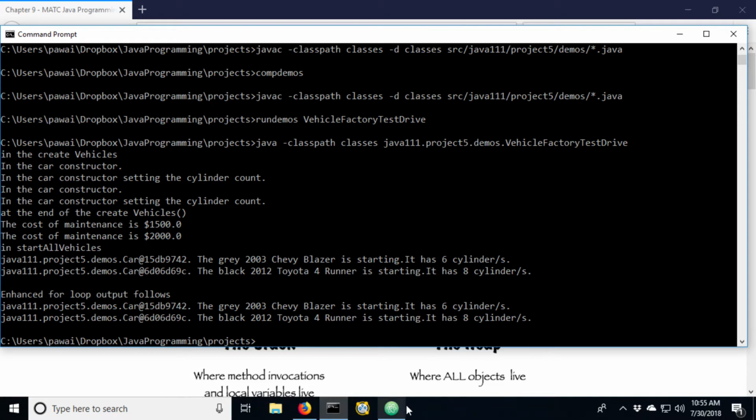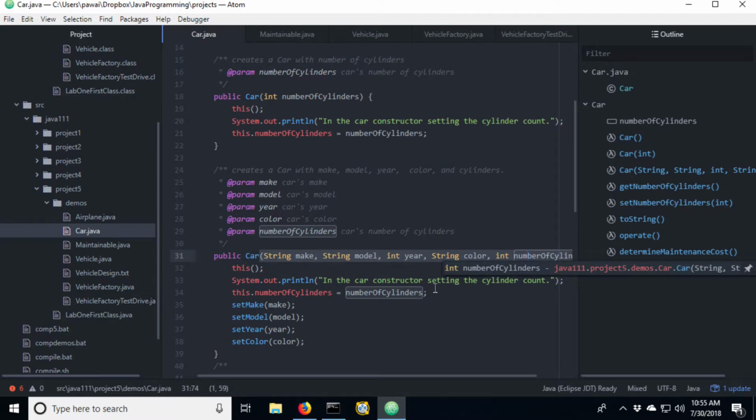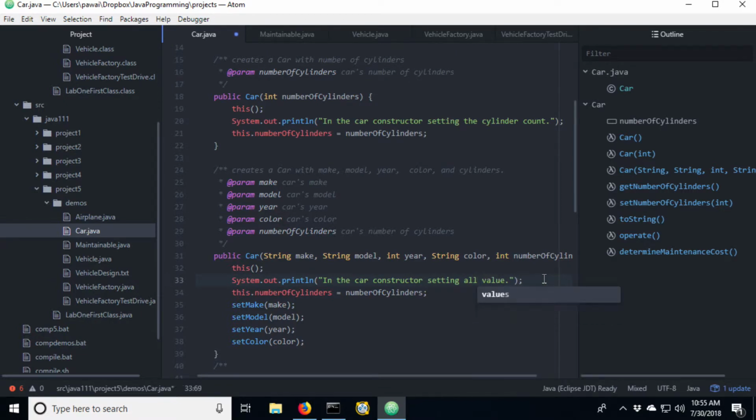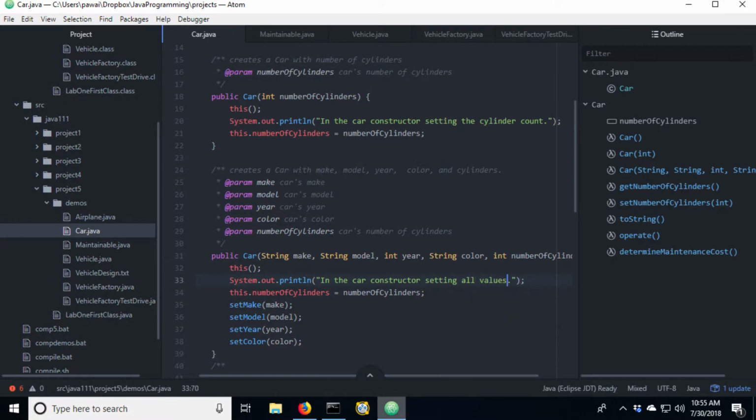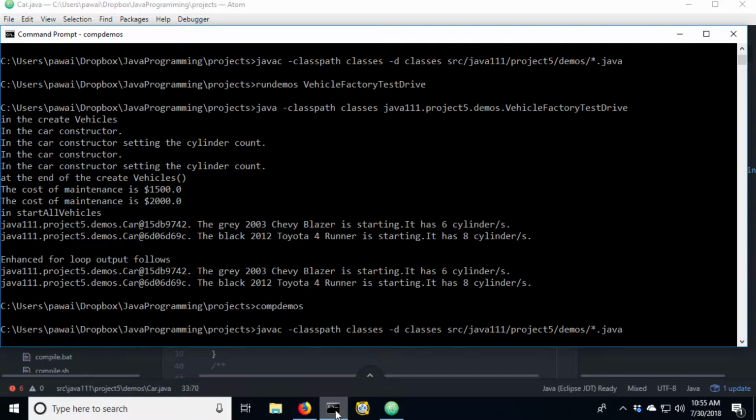That was from a copy and paste, right? So I should have updated my comment here in the car to say in the car constructor setting, we'll change this to setting all values. So hopefully that wasn't confusing as to which constructor was really being called, but just in case it was, let's verify that we were doing things correctly there.